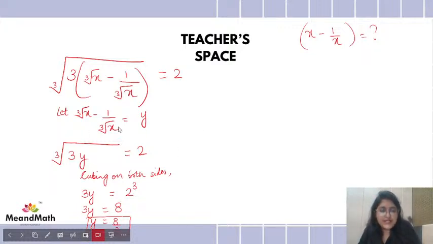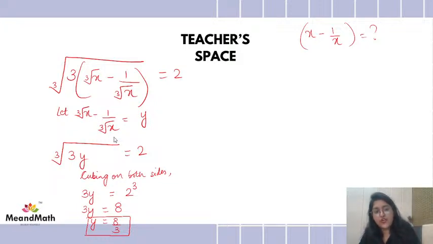But what does this mean? We got the value of this thing, right? Cube root of x minus 1 by cube root of x was equal to y, and we got the value of that as 8 by 3. But what we need to find is x minus 1 by x. So how will we find this? We will do